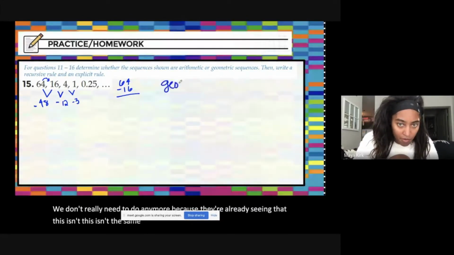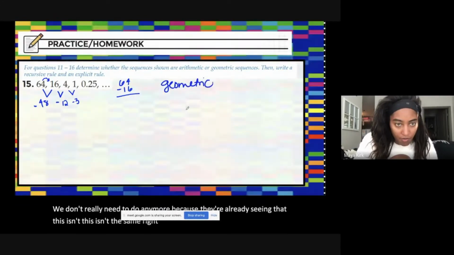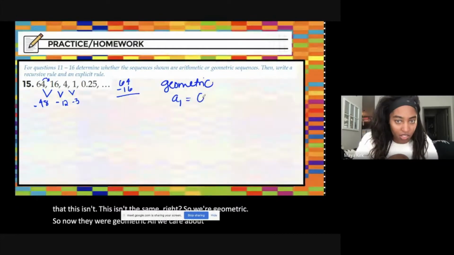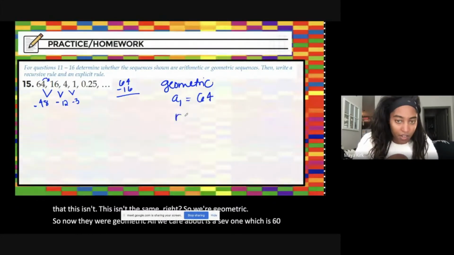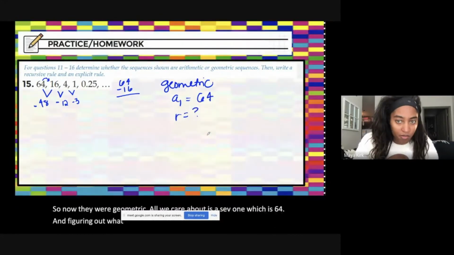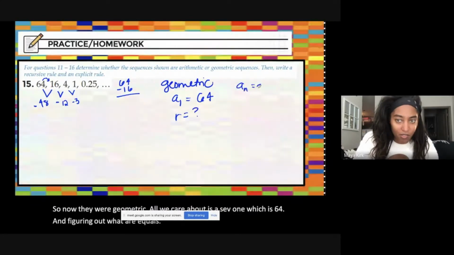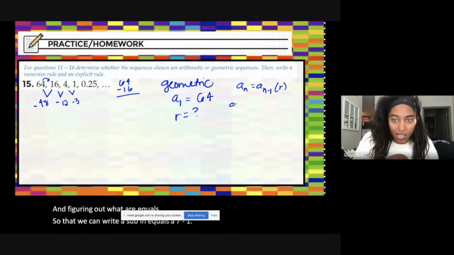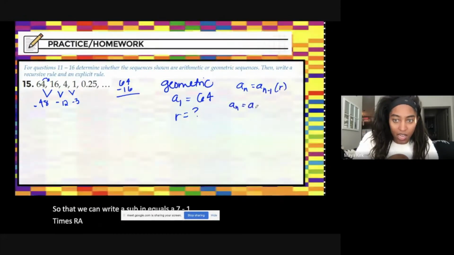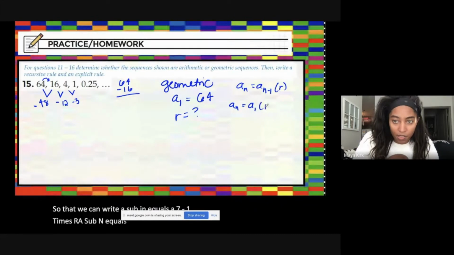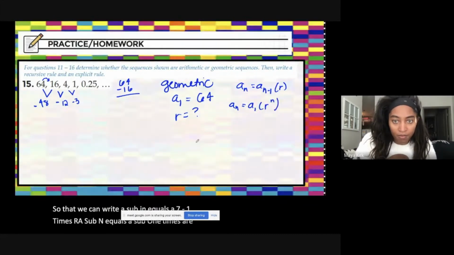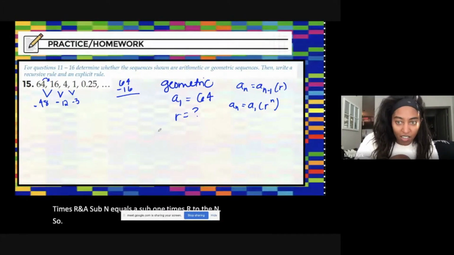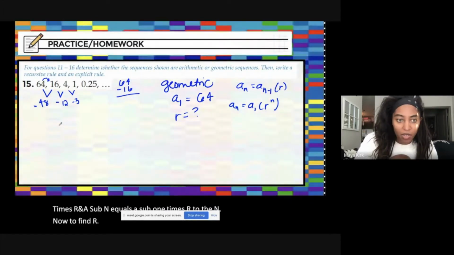So we're geometric. Now that we're geometric, all we care about is a sub 1, which is 64, and figuring out what r equals so that we can write a sub n equals a sub n minus 1 times r, and a sub n equals a sub 1 times r to the n. So now to find r, we need,